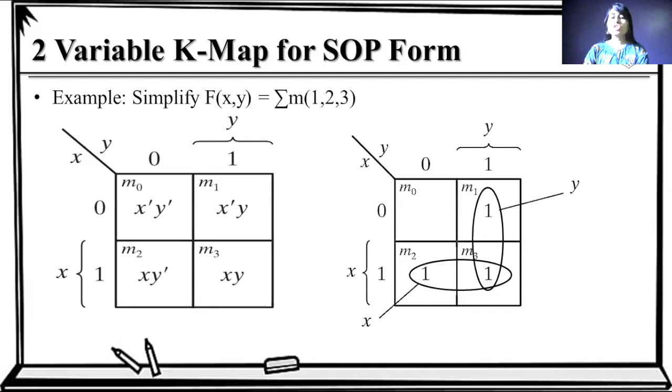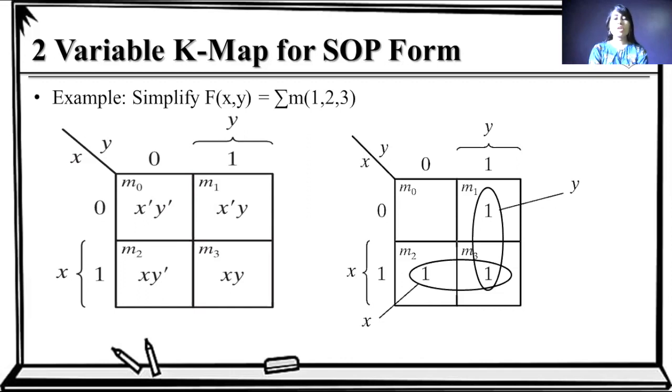So here the function of this term can be written as y. Here we make a group, then write a logical function. And how can we write this logical function? By checking in both directions for a common term, and after writing the common term we have the group function of any group.